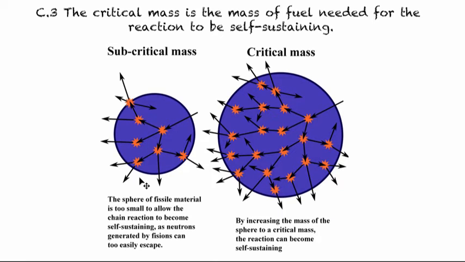chain reaction. Now, what you see here is a lot of these neutrons, because of the size of the sample here, actually end up just leaving the sample and thus not colliding and causing a subsequent reaction. So when you don't have enough of these collisions or bombardments happening, that means you have a subcritical mass. That means you may start the reaction, but it's going to fizzle out because there's not enough other uranium-235s around